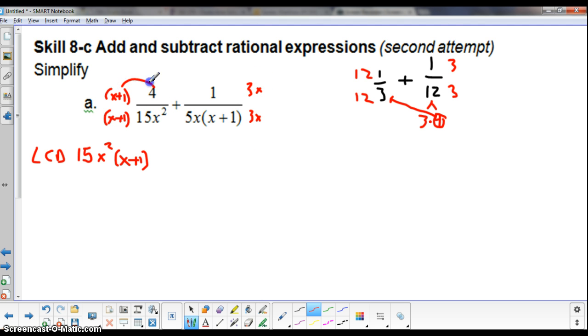I'm going to distribute this numerator. So it's 4x plus 4 over my LCD right now. And then it's 3x over my LCD. And you can do this to save some time for right now, but in the end we will simplify it back. So I've got a 4x plus 3x, that's 7x. That's just a 4 by itself, so it's plus 4